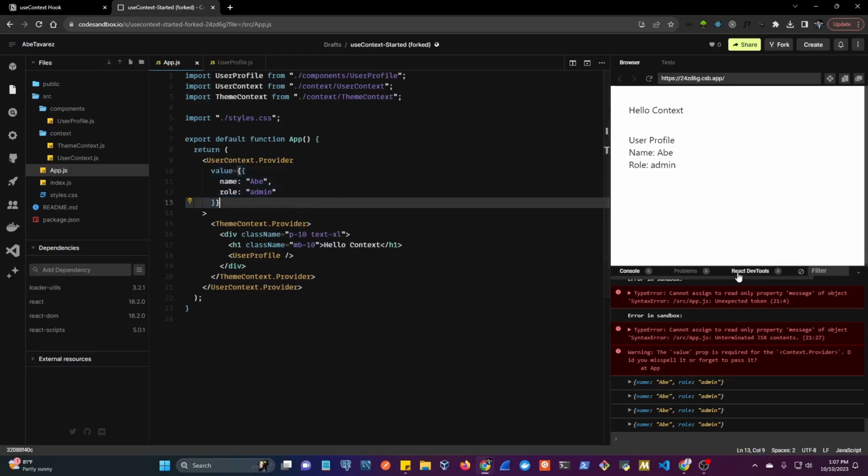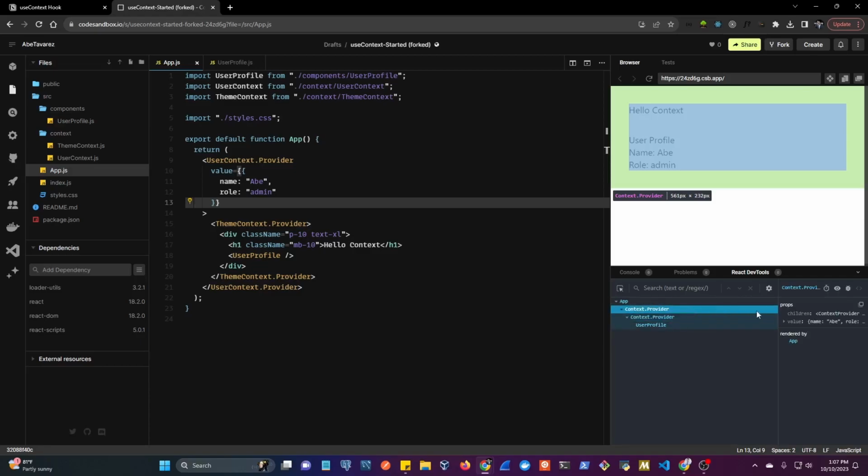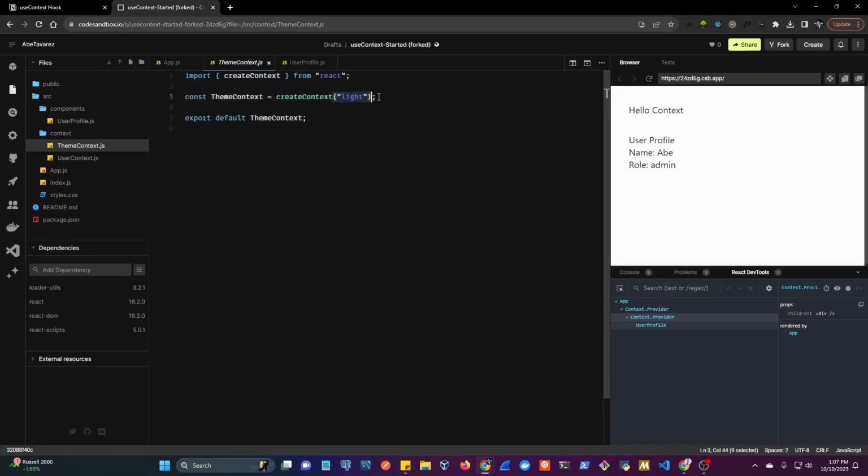So in here, if we look at the React DevTools, we have the app, we have the context provider, we have another context provider here. If we click on this one, we have some values, and this is the one for the user. If we click on this one, right now we don't see anything because this value, like I said, is kind of like a fallback value. It's something that is in case there's nothing else, it has some default value, and we're able to read it,